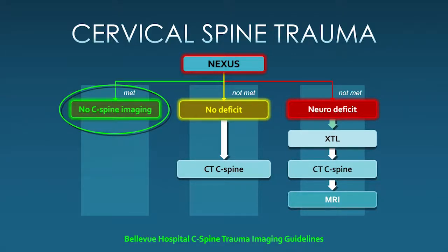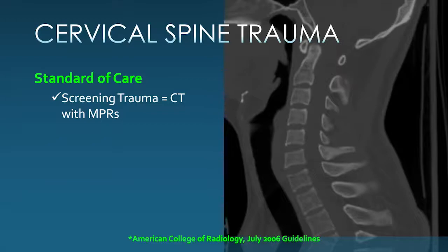Now, if there is a neurologic deficit, those patients also benefit from having an MRI. Not instead of a CT, but in addition to a CT. It is complementary to CT, it is not better than CT. So the standard of care to screen cervical spine trauma is with CT. And with that CT, you need to have your multiplanar reformations, meaning your sagittals and coronals, along with your transaxial